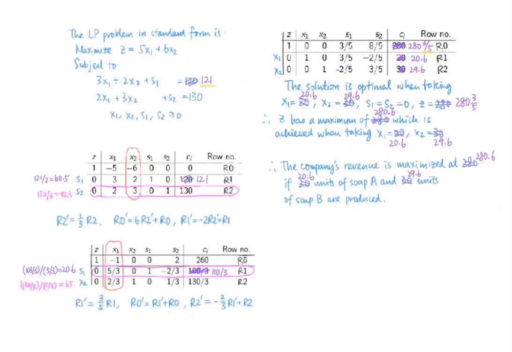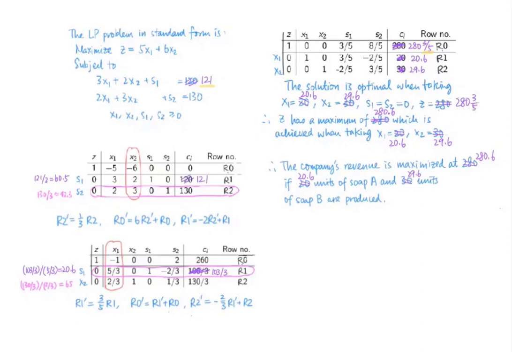Please refer to the following deductions by yourself. We finally obtain the final tableau of the original problem as follows, and we notice that the solution is optimal as long as we take x1 equals to 20.6 instead of 20 before, and to take x2 equals to 29.6 instead of 30 before. s1 and s2 are equal to 0, and the corresponding value for z will become 280